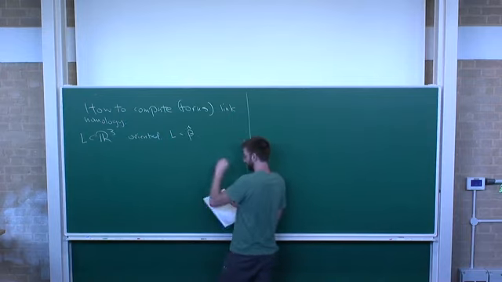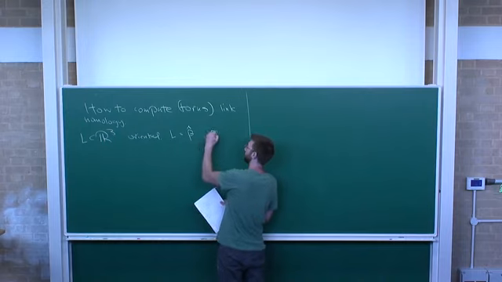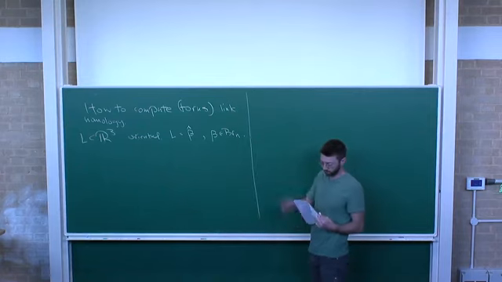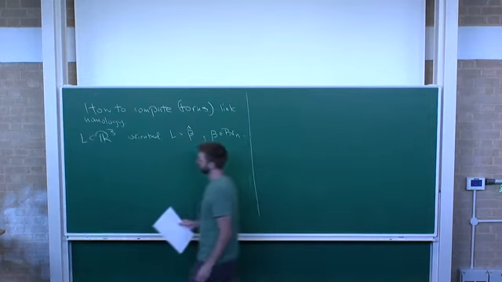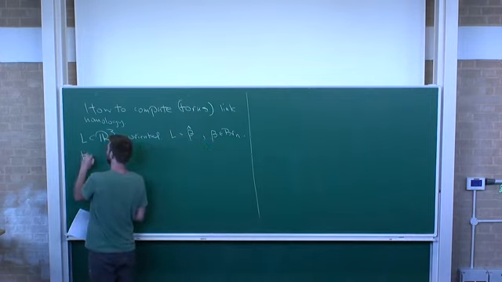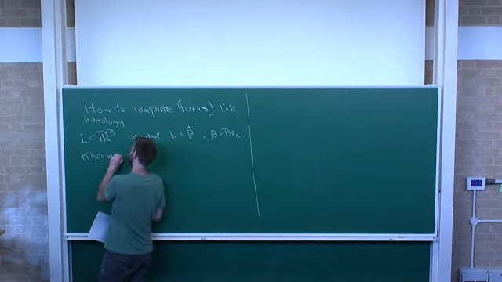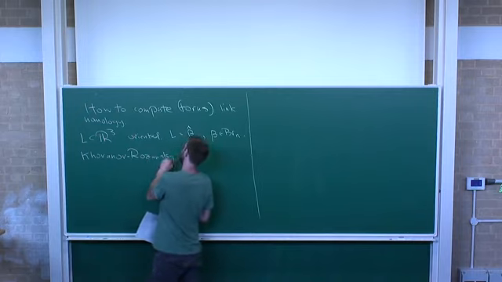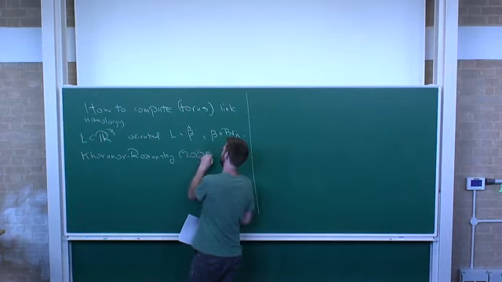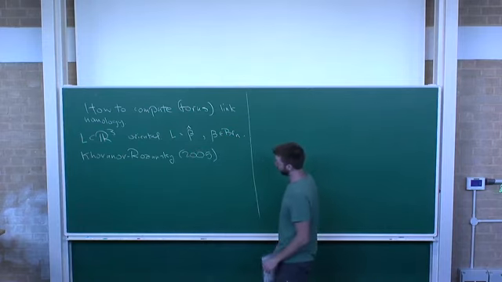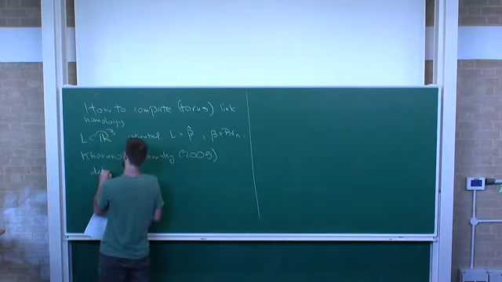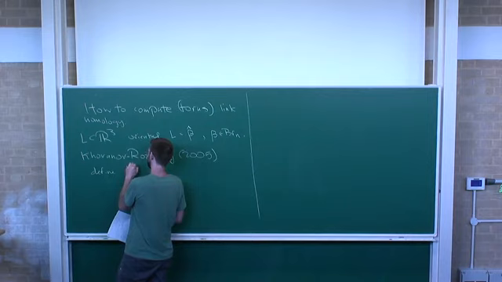So let's write L is the closure of a braid with some number of strands N. So Khovanov-Rozansky, in 2005, construct a triply graded homology theory for links. They define an invariant that I'm going to call triple H,